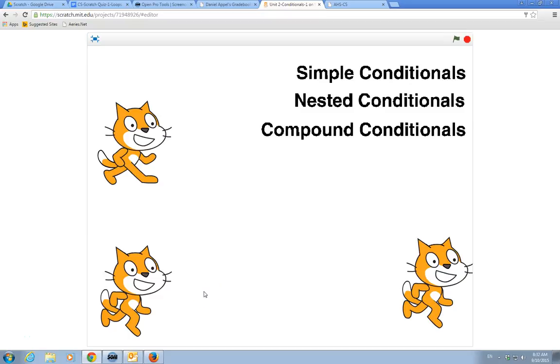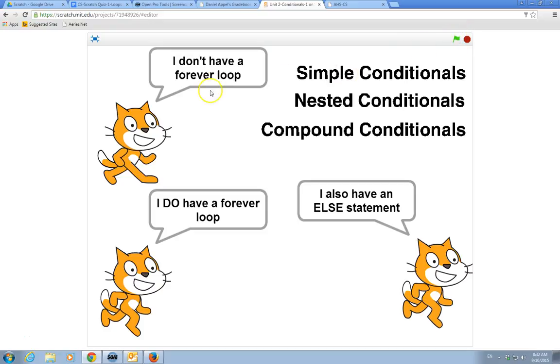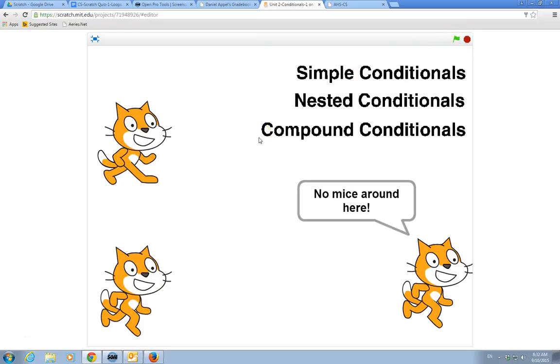Alright, so we are going to look at conditional statements today. Let me just run this to begin with. If we click the green flag, they all pop up with something, and then the cat in the bottom right starts to, it's always saying, "No mice around here." What we'll see is if we start to mouse over, put the mouse on top of the sprites, different things